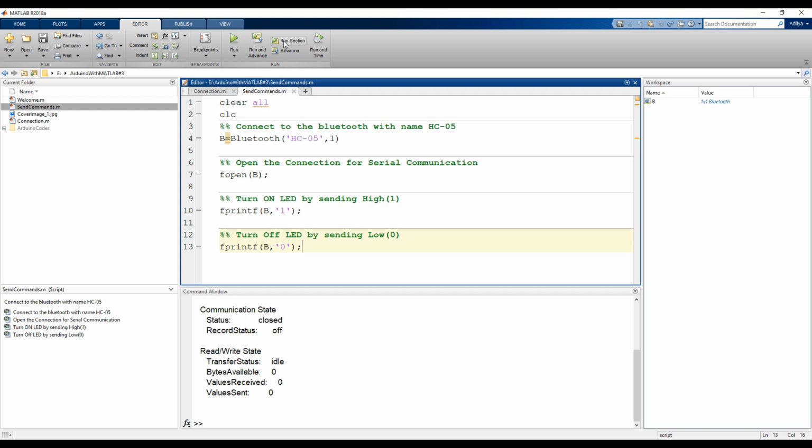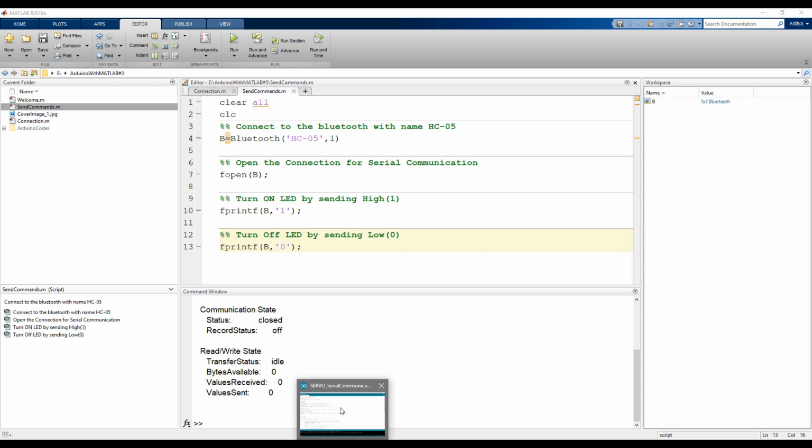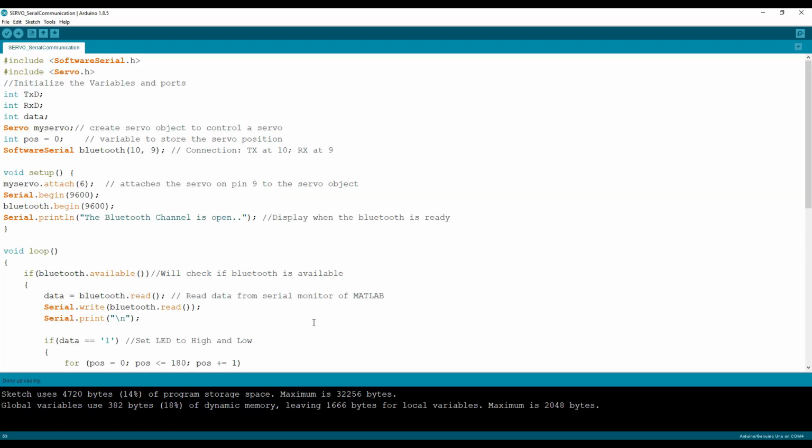So moving on to the servo motor part, we need to change the Arduino code rather than the MATLAB code this time. The only change is, the entire code is the same. We need to just include the servo motor header file. We need to initialize the servo. You have to create the object for servo, and in the later part you have to attach the servo at pin number 6. I've already attached it on pin number 6, and you have to mention the object.